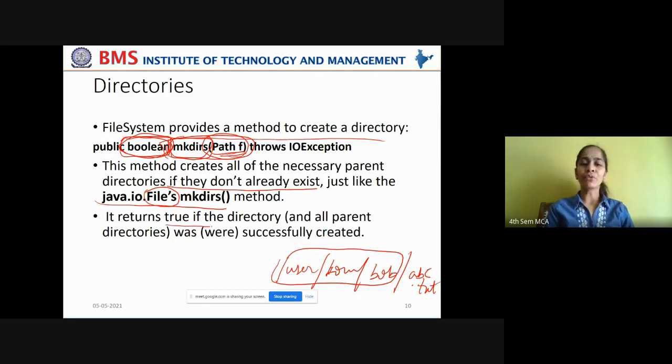It returns true if the directory and all the parent directories were successfully created. If at all it encounters any problem while creating the directories, it returns false. Okay, this is the method to create directories on Hadoop file system.